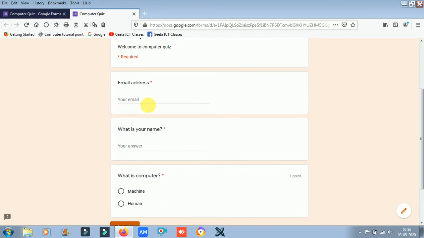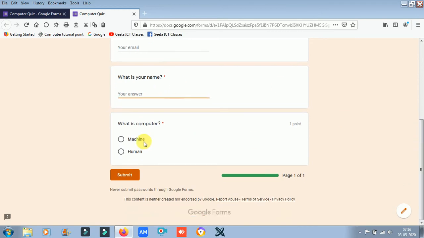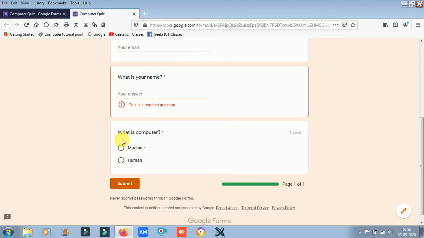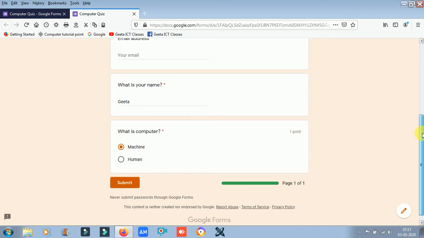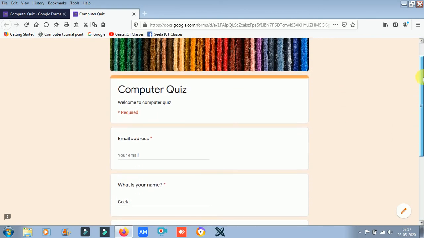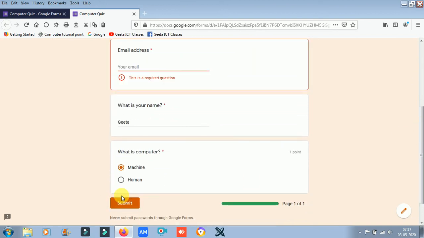Required email address, which the student can enter here. What is your name, and the student will enter the answer here. Then when the student clicks, I am writing here Geeta, and machine, then submit.